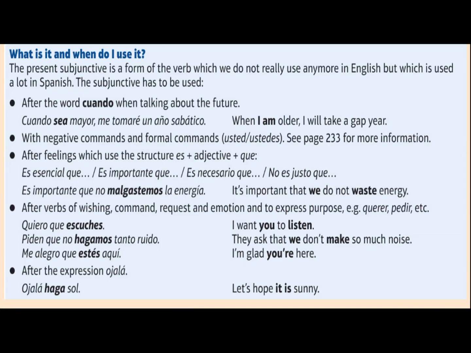Now, if you normally conjugated the verb malgastar, which is to waste, you'd know it's an AR verb. We take off the AR ending, and if it's a we verb, we add an amos to it, don't we, normally? So we would think it would be malgastamos, but because it's a subjunctive, the present subjunctive ending for we forms of the verb is emos. We're going to look at this in more detail in a minute, but I just wanted to go through these examples with you.